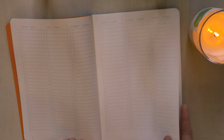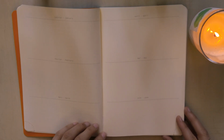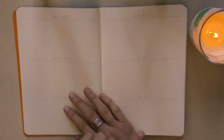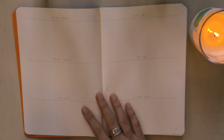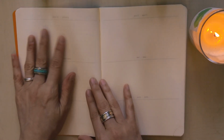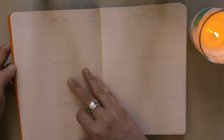And then we move on to another interesting spread. This is a different kind of 6 monthly spread. So instead of monthlies, like a month on a 2-page spread that you get in a lot of planners, it has this set up here where you just have a blank third of a page per month. So you can write in dates that come up. Say I use my monthly spreads for tracking, so I would write in which date I did a particular task,